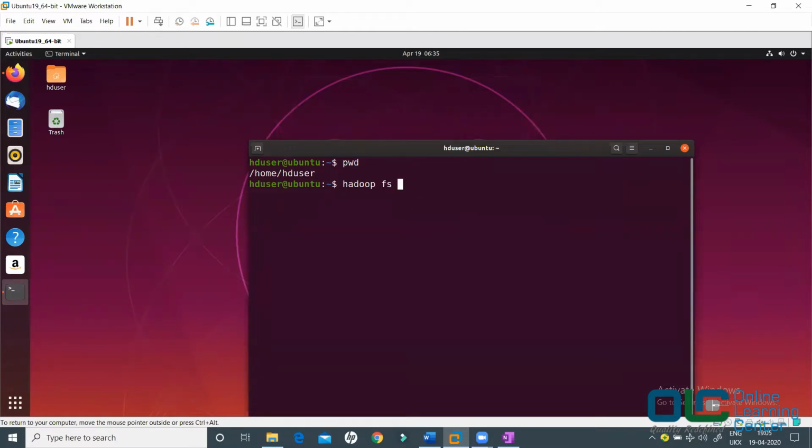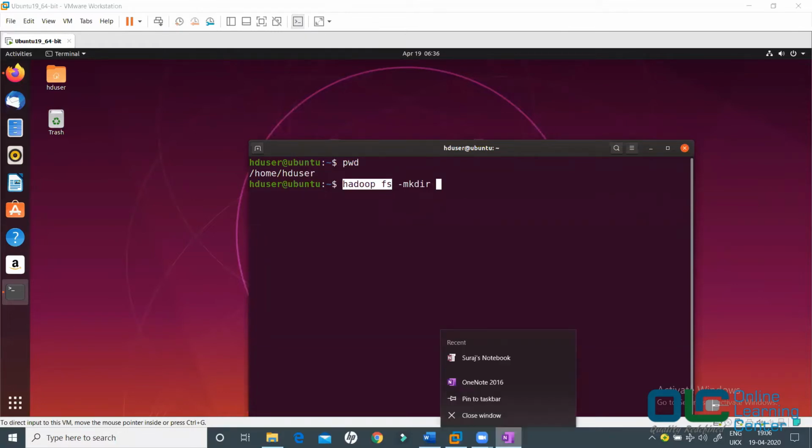Now if I say hadoop fs -mkdir, these two are basically Hadoop commands. What is the command to create a directory in Ubuntu? mkdir. But I want to create a directory in my Hadoop file system, HDFS. So the command is hadoop fs -mkdir, and then the directory you want to create.